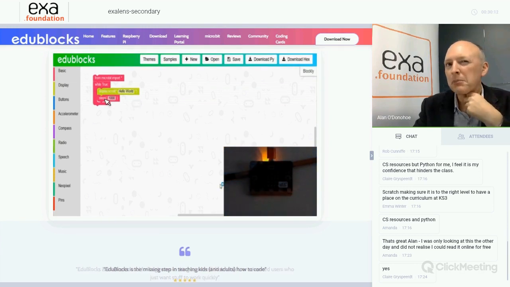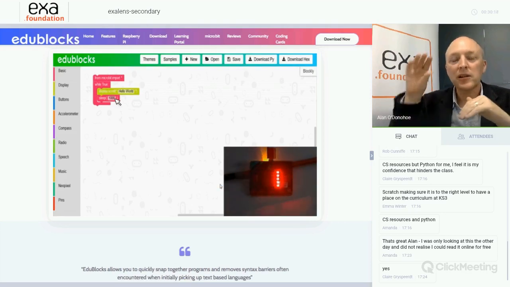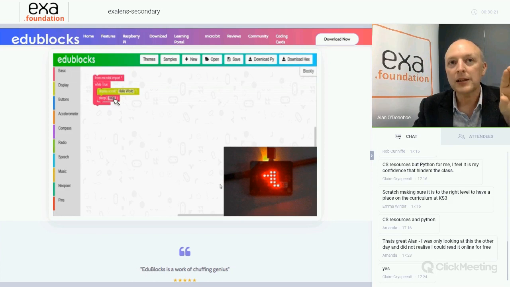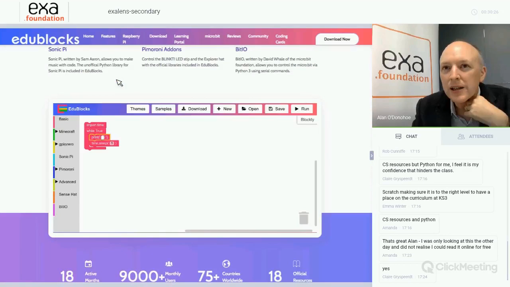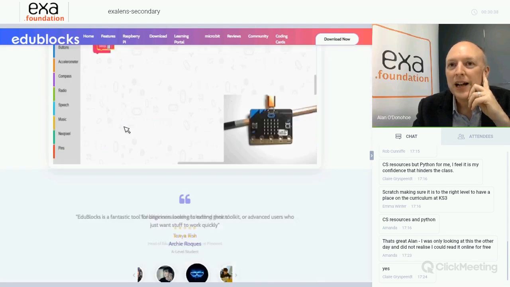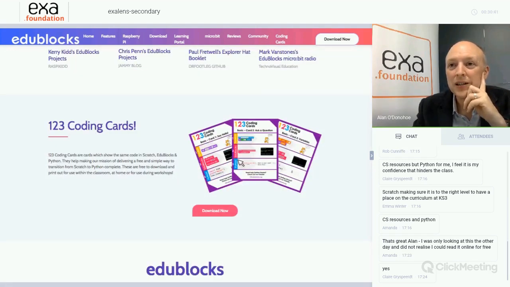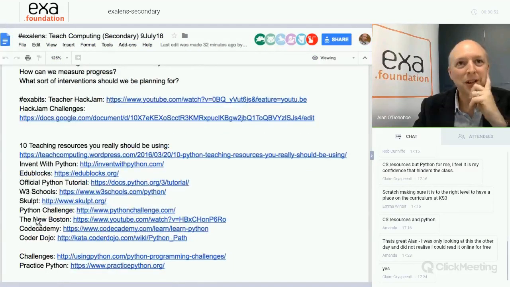Now, one of the nice things you can do, and you can do this with the microbit MakeCode editor as well, you create your blocks, but you can also see how it would look in Python text. Although when you read the blocks, you can see, in fact, if I can get a close-up of one of the images, here we have import time, while true, colon. So it's all Python syntax. And like I said, there are 123 coding cards that you can download, print them yourself, and okay. So that's one more. I need to move on to some of the topics now in a moment.